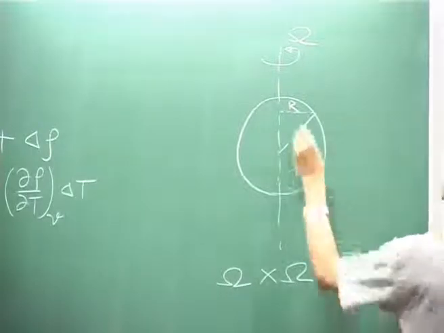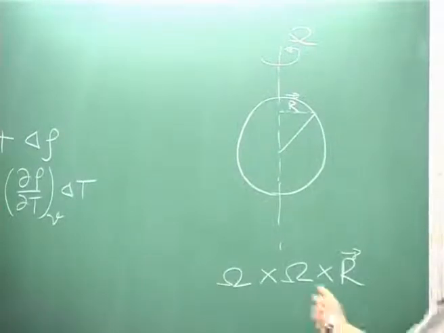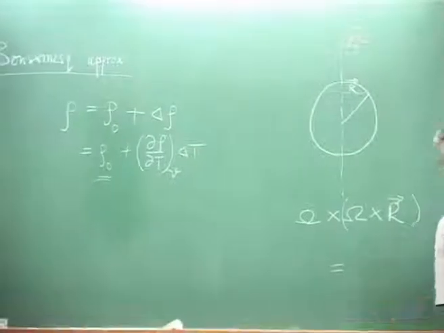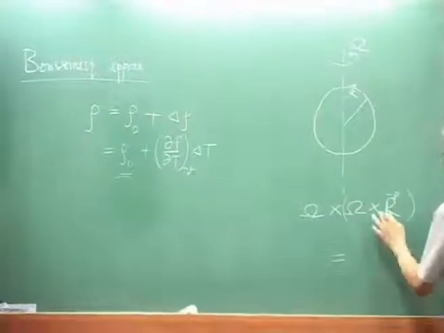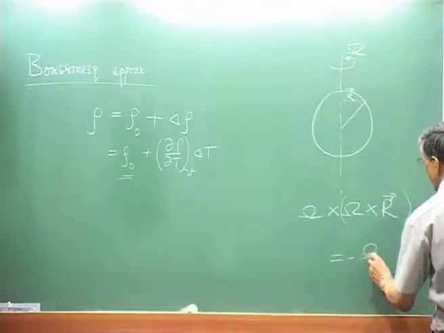Okay. So, if this is the R vector, so that is the term that you have, and if you use some vector identity, you can show that this is going to be nothing but